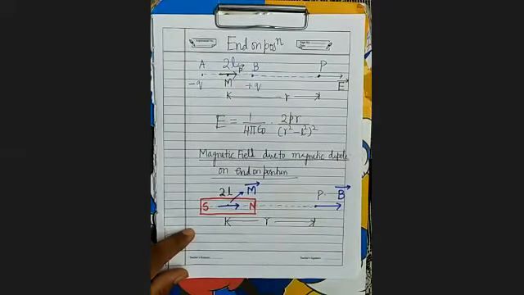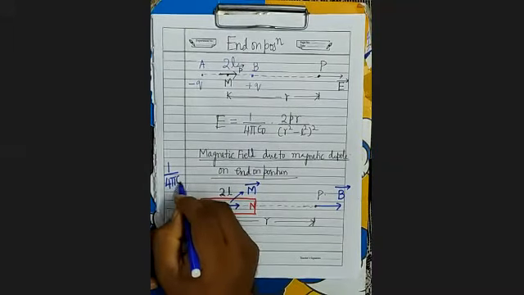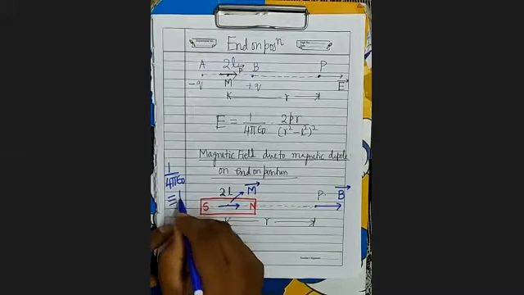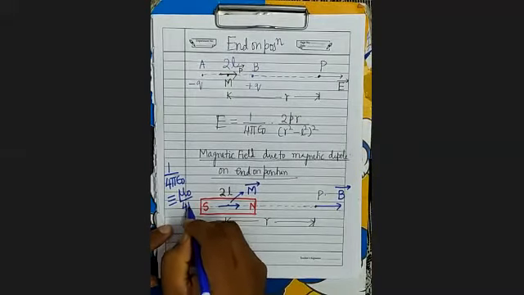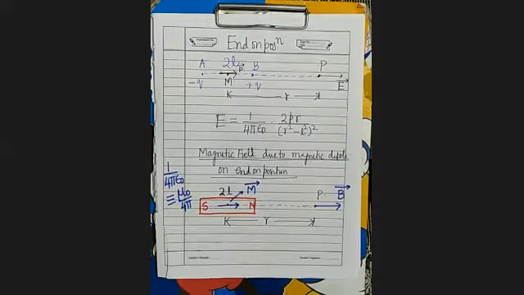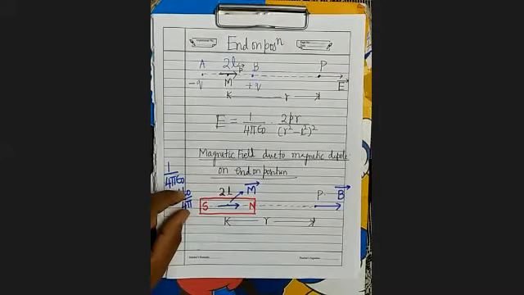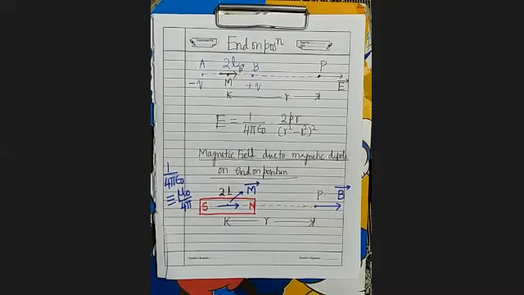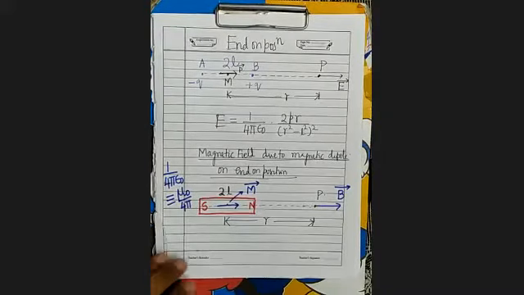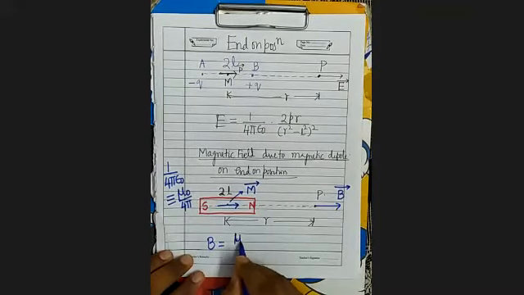Now see here, in magnetostatics, in place of 1/4 pi epsilon naught, we take mu naught upon 4 pi. इन दोनों की वैल्यूज नहीं बराबर है, इनके बीच में एक रिलेशन है that you will study afterwards. But here in place of this we take this in magnetostatics. जब मैग्नेटिक फील्ड की बात करते हैं तो इस क्वांटिटी के प्लेस पर ये क्वांटिटी लेते हैं. What will be B? 1/4 pi epsilon naught, so it will be mu naught upon 4 pi.